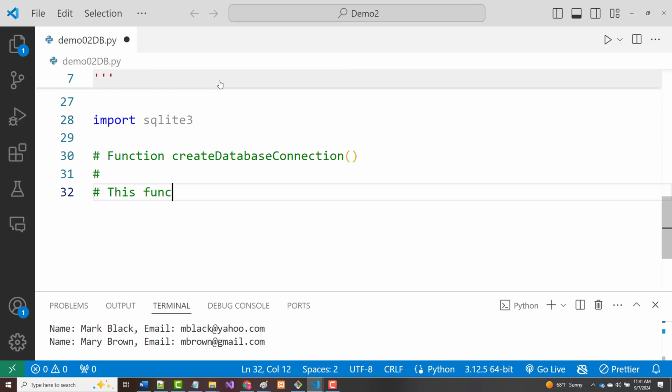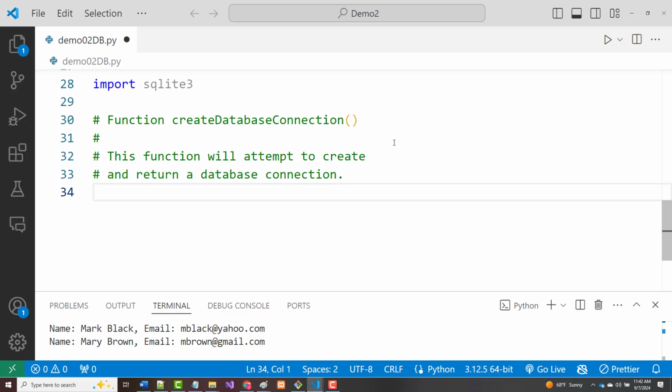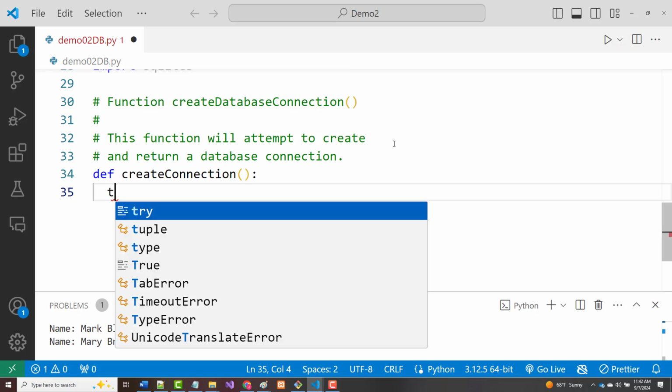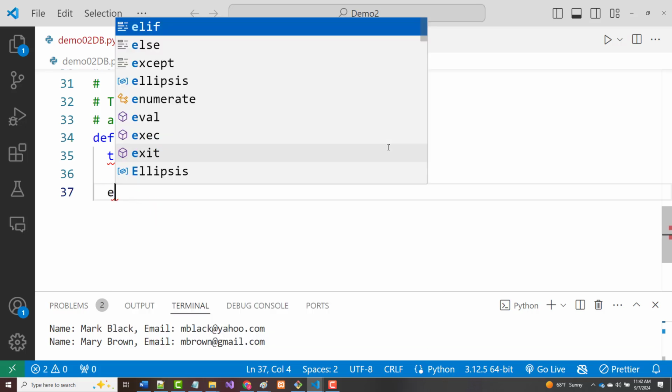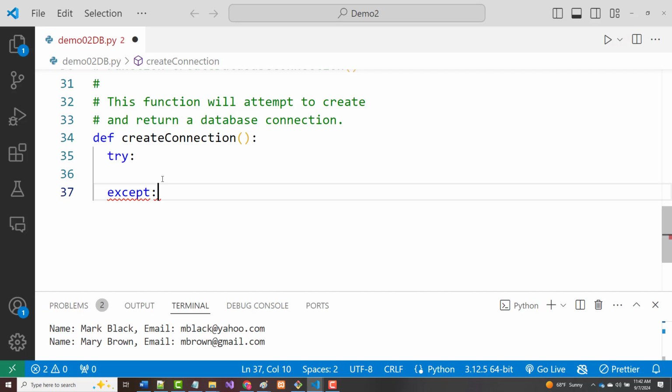And this function will attempt to create and return a database connection. All right, and we're putting this into a try-catch block. So def create connection. All right, so we're going to try, and then down on the bottom here, we're going to have except. Don't worry, we're getting that error because we haven't written anything in our try yet, but we'll